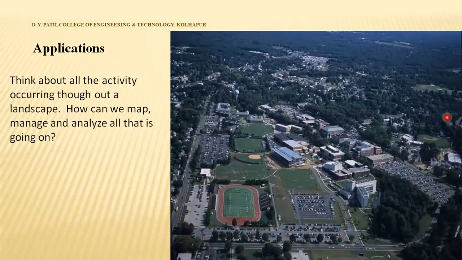What are the different applications of GIS? Now here you can see an image which was taken from an aircraft. So we can say it is an aerial photo which was taken from a moving aircraft. Now you can see a beautiful landscape over here. In this image, is it possible to find out what is the area under this greenery, or which area is covered by plants, or which area is covered by residential elements? By using GIS, we can find out the answers to all these questions. Let us see.